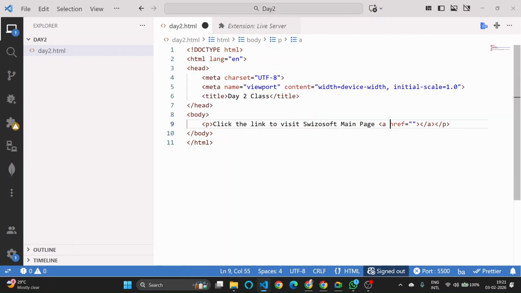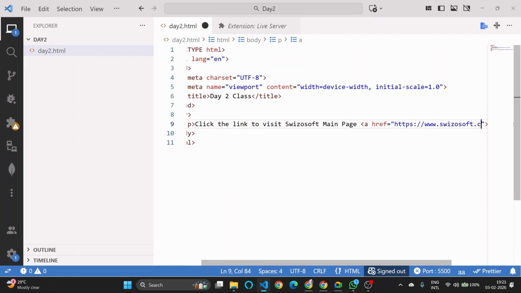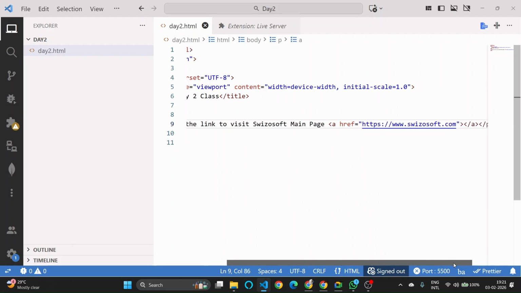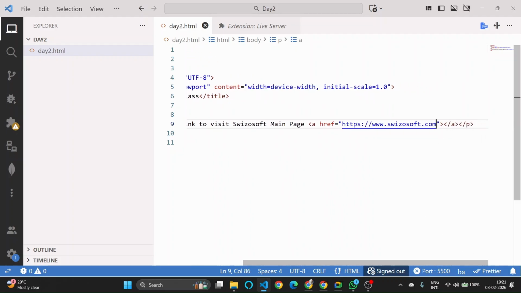Inside that a, there should be an attribute. This is known as an attribute. In this href attribute, you assign the value, the link where this site should be redirected. I will type https://www.swizosoft.com. After this much is done,